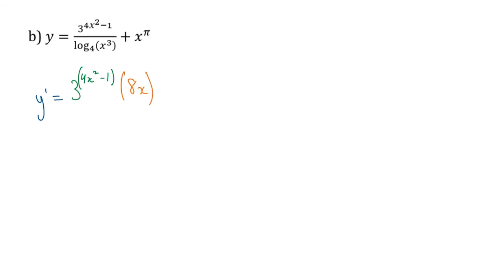Now this is the part that everybody forgets. I'm going to put it back in green. Times ln of 3. Right? So that's a constant you have to take into account whenever you have a base other than e. And then all of that gets multiplied by the bottom, which is log base 4 of x cubed,